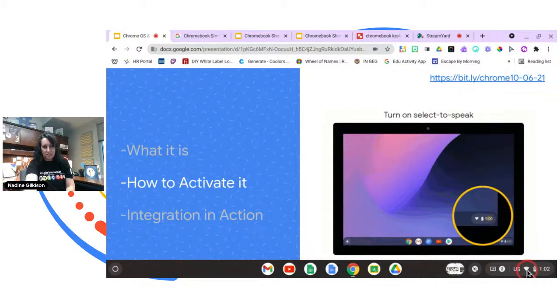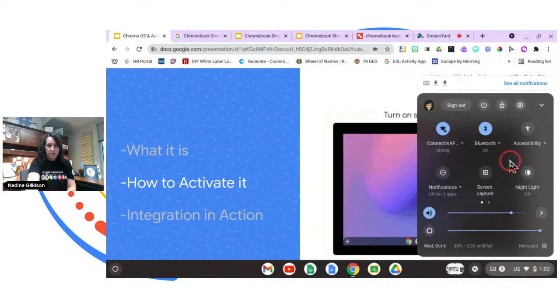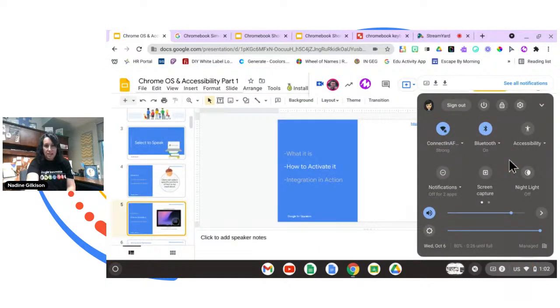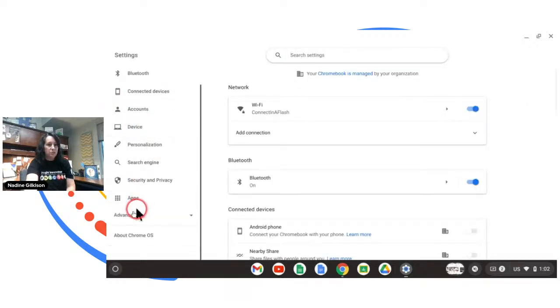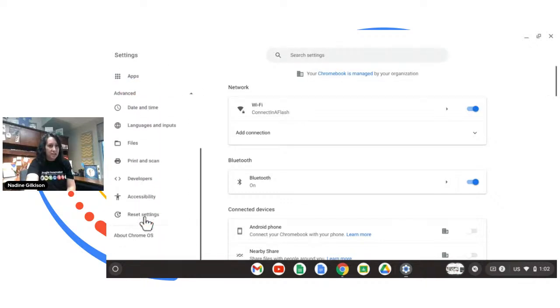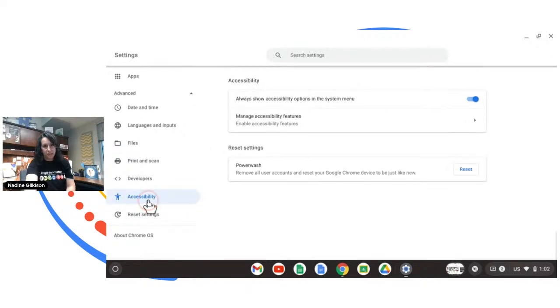So I'm going to escape out of this so that I can get to my menu here. And down here at the bottom, I'm going to tap. And when I tap, I'm going to go out to the settings on my Chromebook. It's taking just a minute here. On the settings, I'm going to have to scroll down to advanced. Okay. And when I'm on advanced, I'm then going to look for accessibility. On mine, and this is something that you want to make sure you're telling students, you want to make sure that this